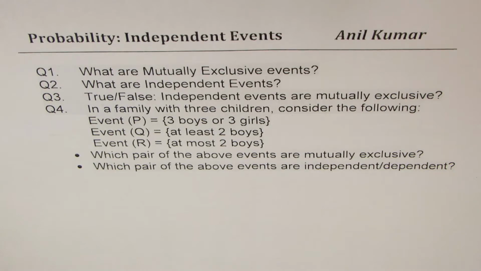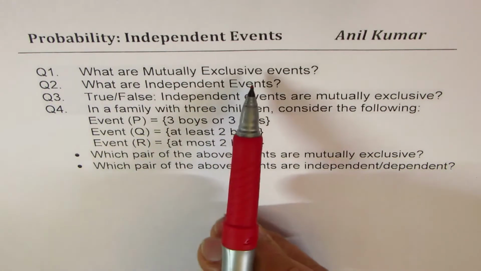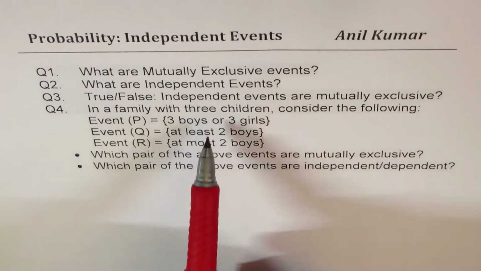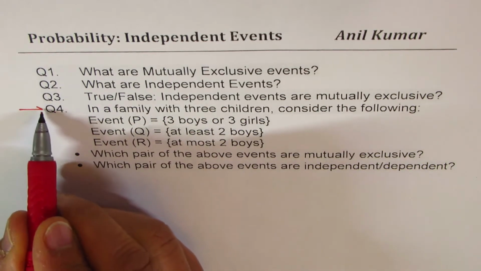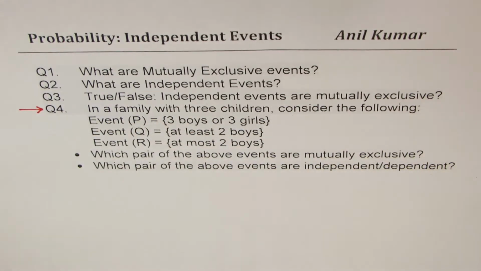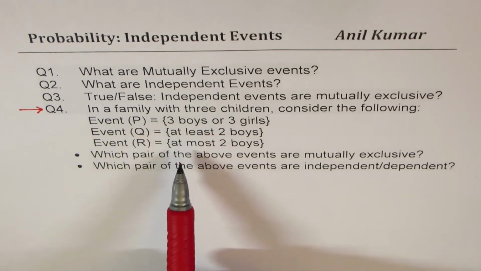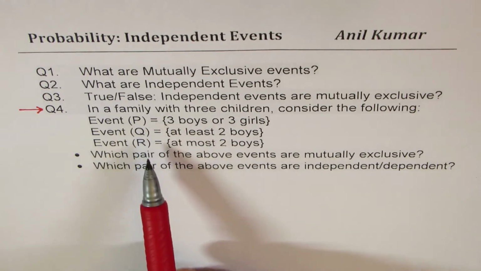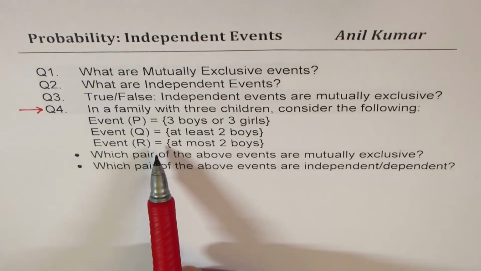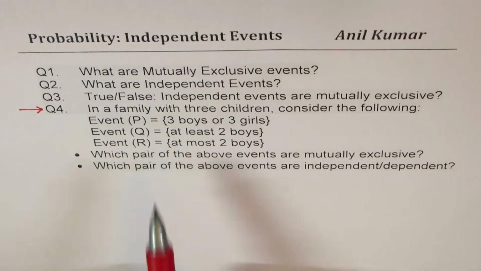The whole idea of revisiting mutually exclusive and independent events at this stage is to answer question number 4. So that is the target for us. We need to figure out which two events are independent and which two events are dependent, right? So that is the key issue. Let us begin with a very basic definition of what we have learned so far of mutually exclusive events first,